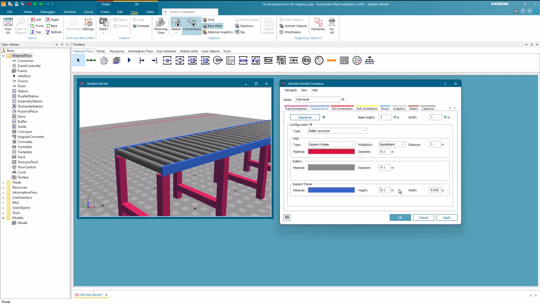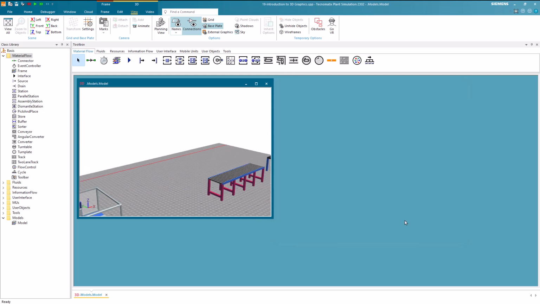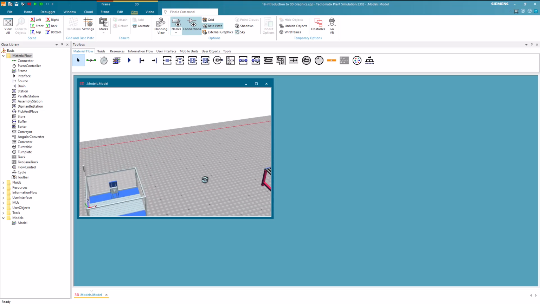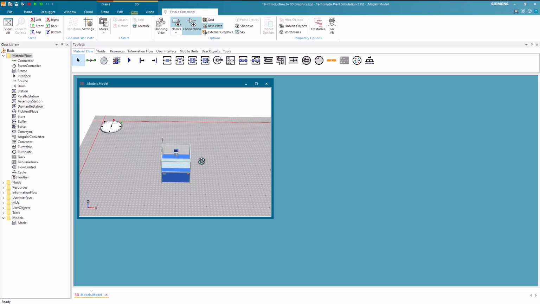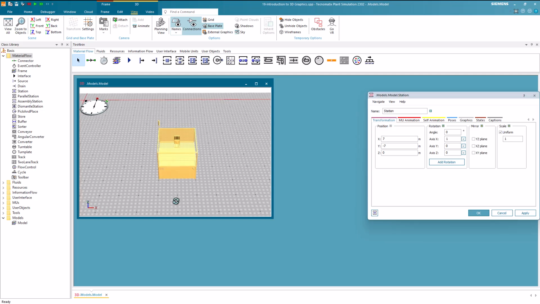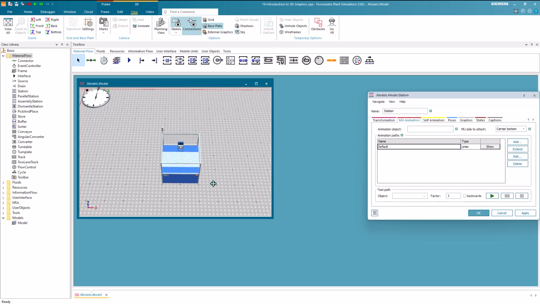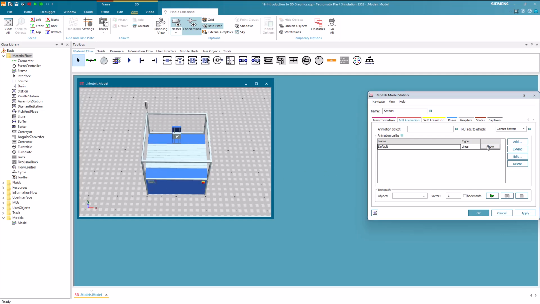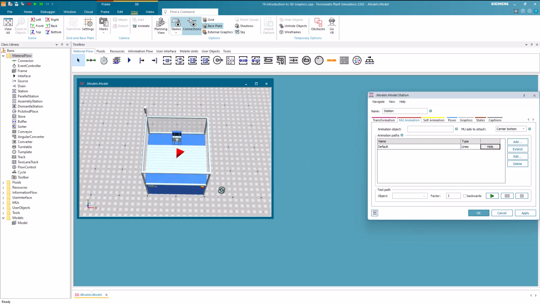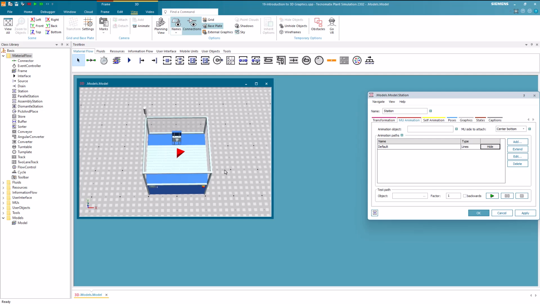To showcase the MU Animation tab, we switch to the Edit 3D Properties of the station. Here we can now show the animation path. The animation paths are used to animate the MU on the material flow object. Now, if we were to place a part on the station, it would be inserted at the default animation path.